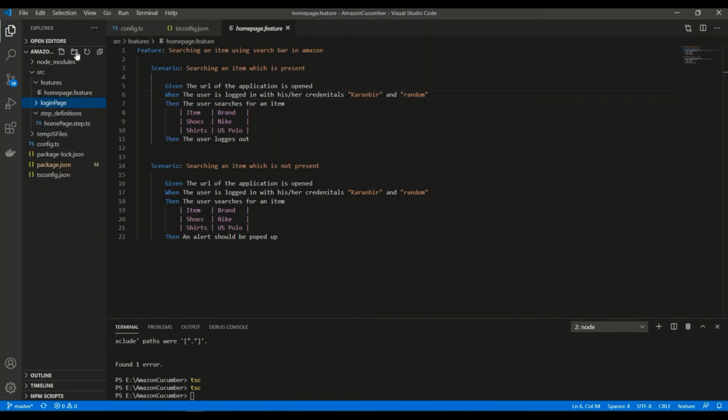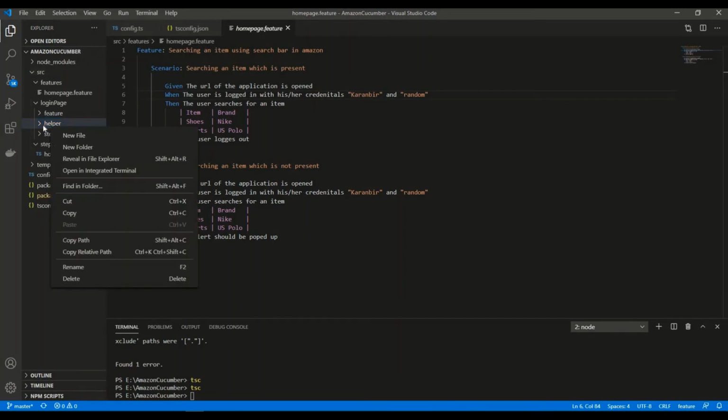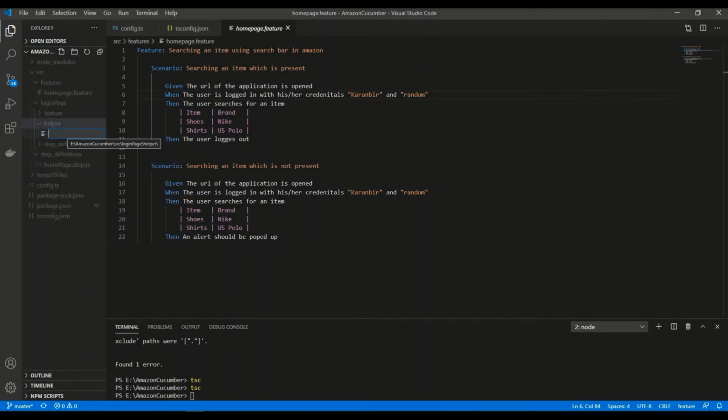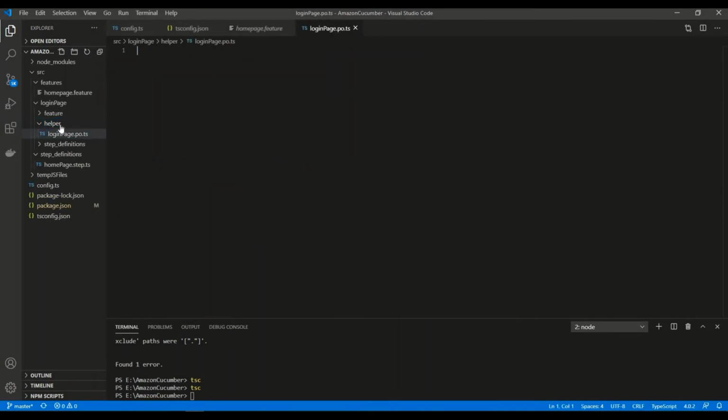Right, so under login page I'll create one more folder and I'll name it as helper, and I'll create a new file and I'll say login page.po.ts. So guys, I'm going to keep my helper file and my PO file under this helper folder.